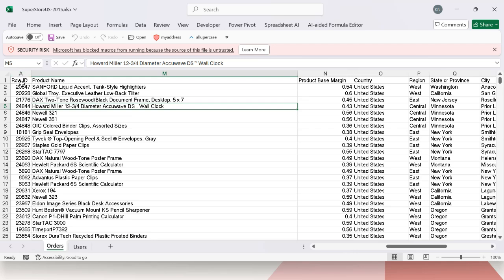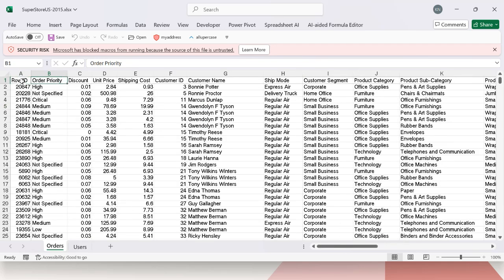So this is one of the tables in which we have the product name, order priority, discount, unit price, shipping cost, customer ID, customer name, ship mode, then customer segments, and so on. Is it clear? Now the next is,